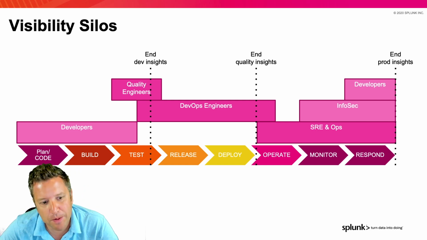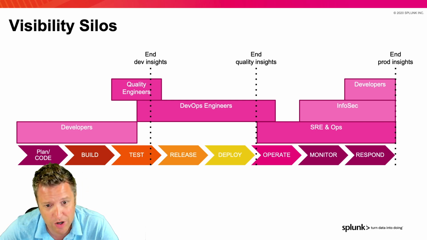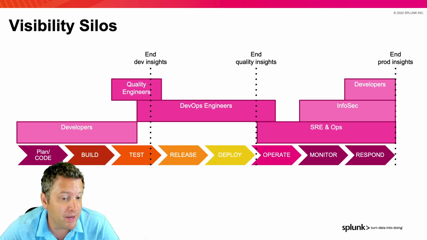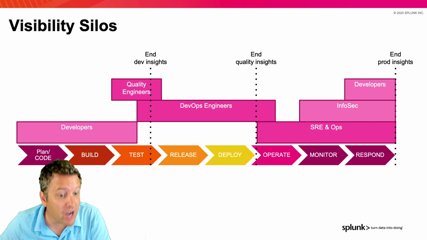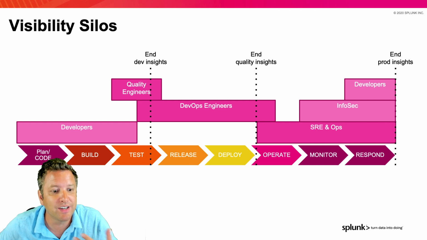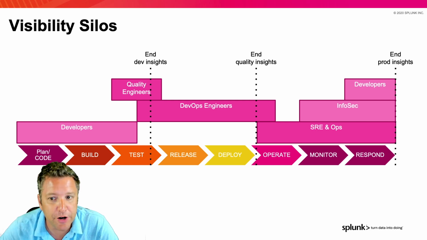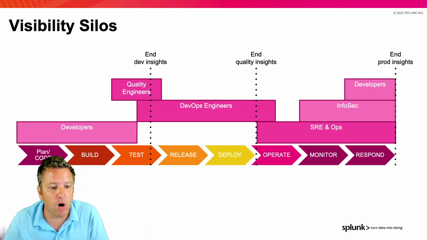And then you see DevOps engineers and testing engineers do a really good job at visualizing their test results, visualizing maybe the metrics from the CI/CD process. And then in production, where we see the most strength in visibility and the greatest maturity in terms of monitoring, you have IT operations, you have SREs, and you have security professionals who are really good at monitoring what happens